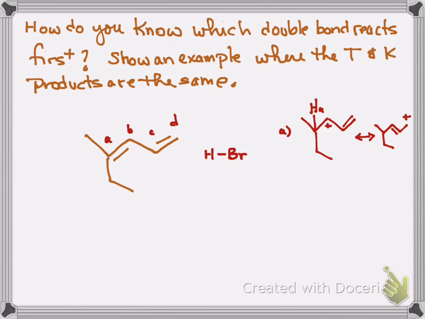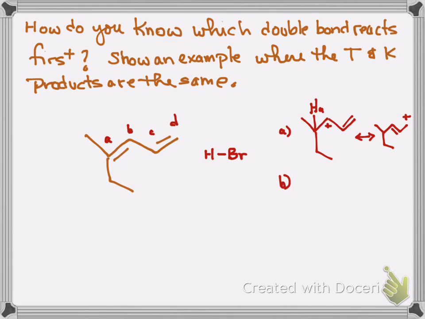Go ahead. Why does the H go... Oh, I'll talk about that. That's part of the figuring it out. Because if it adds to B, right, that's another option, and then the carbocation will be at A. So hang on. I'm going to go through each one, and we're going to analyze each one and talk about what makes this a better position to add the hydrogen. Okay? So then if I do B,